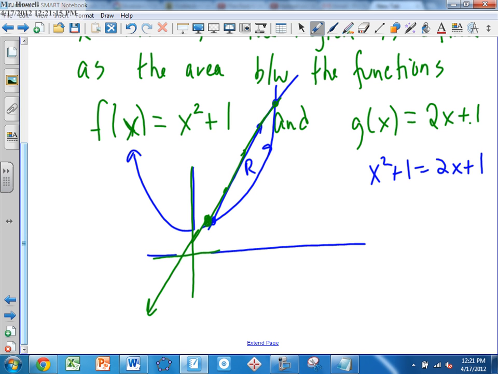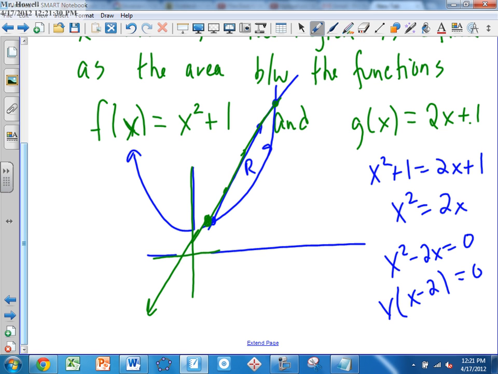When I set them equal here, what happens to the ones? They both cross off. I'm going to get x squared equals 2x. I'm going to move the 2x over. I'm going to factor out an x. So yeah, but then you're going to miss one of your roots, Gary. You're going to get x equals 2, right? But where's the other root? 0. Don't forget about that root. If you can do that, that's fine, Gary, as long as you remember. Remember, when you make a t-chart, you get 2 roots, really? So they